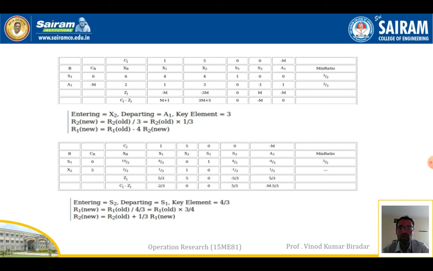So if you construct the second table, x2 is entering and a1 is leaving. In the b column of the second table, s1 and x2. Okay, so I found here s1 and s2. So next,